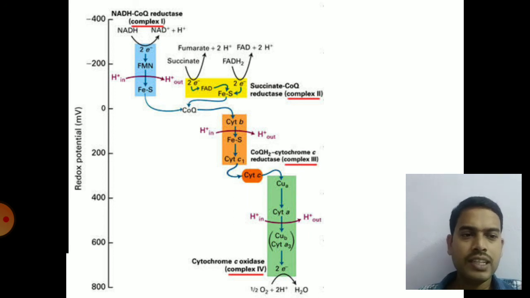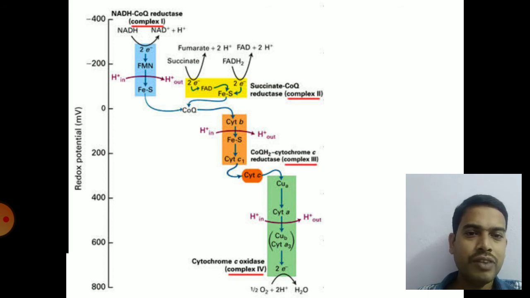In photosynthesis, the reverse happens. The electrons or hydrogens are transferred from positive redox potentials to negative. So that means onto NADP, converting NADP to NADPH2. For this, energy is required, and that energy is taken from the sunlight. So the reverse happens in photosynthesis, since energy is needed for that process, and that energy is taken by plants through sunlight.